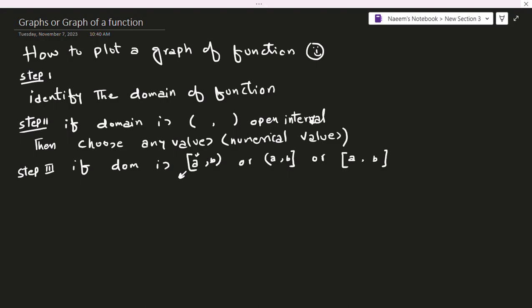On the same lines, if you have a closed interval A to B, then check the behavior of the function by taking x equal to a and x equal to b and some values in between a and b. Meaning to say that if your interval is closed from any end, then the end point must be included in the points of interest. Okay. Then step 4,